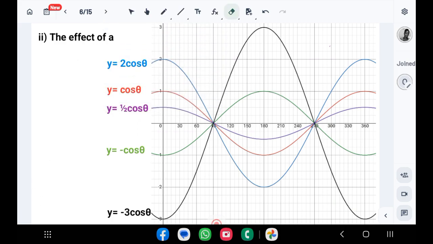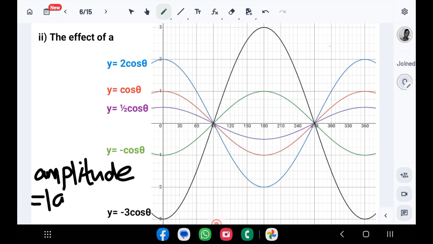Amplitude is equal to the absolute value of the coefficient of cos x, which is A. So whether your A is positive or negative, the amplitude will become positive, because the absolute value makes anything positive, even if it's negative. So the amplitude of the graph of y equals minus 3 cos theta is simply